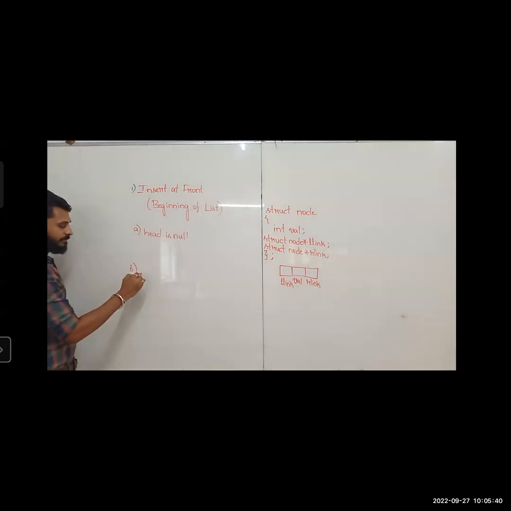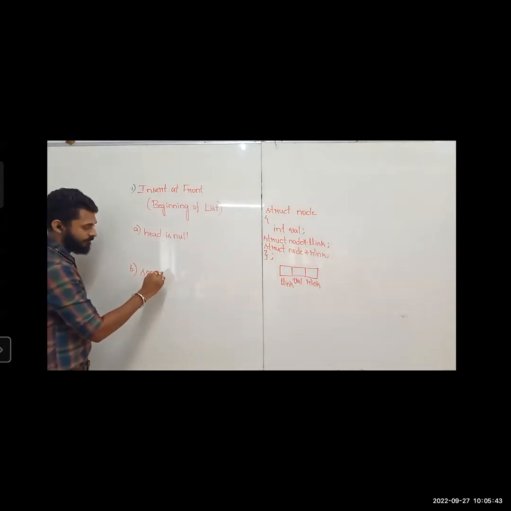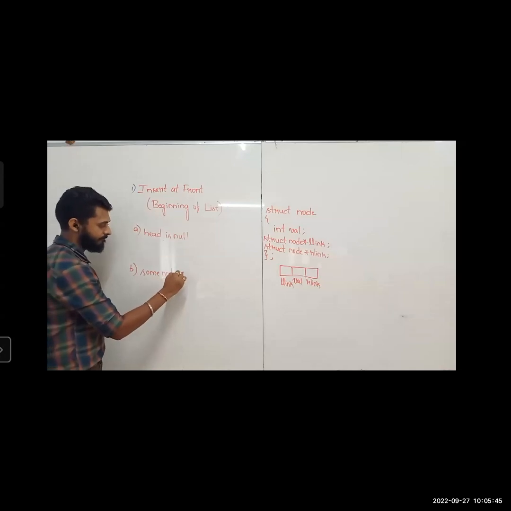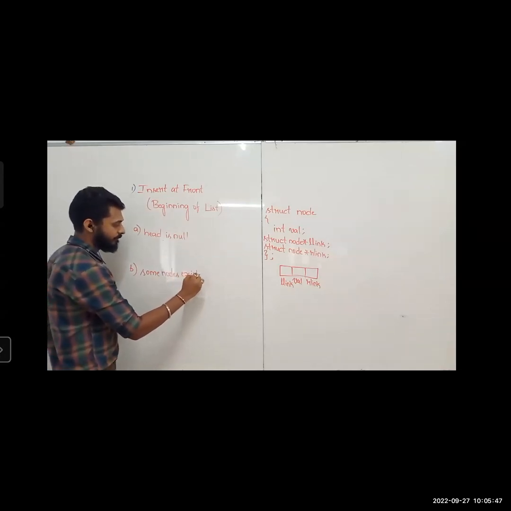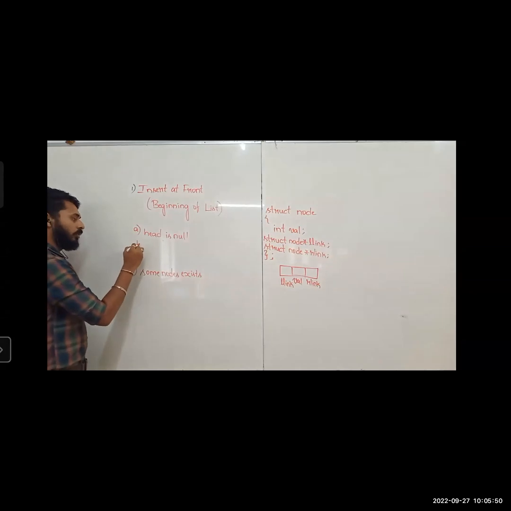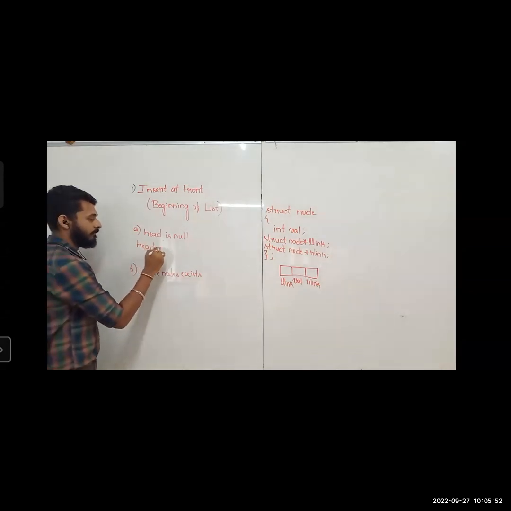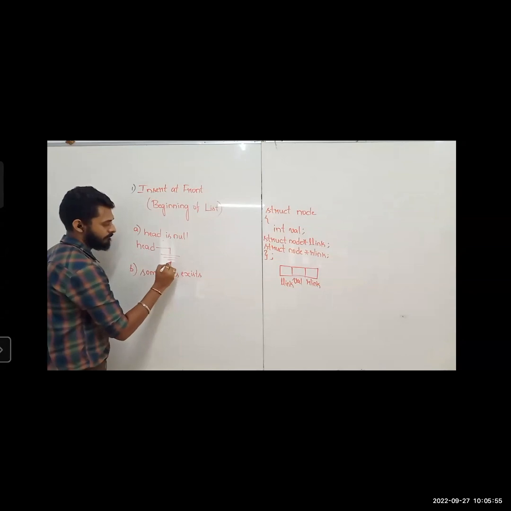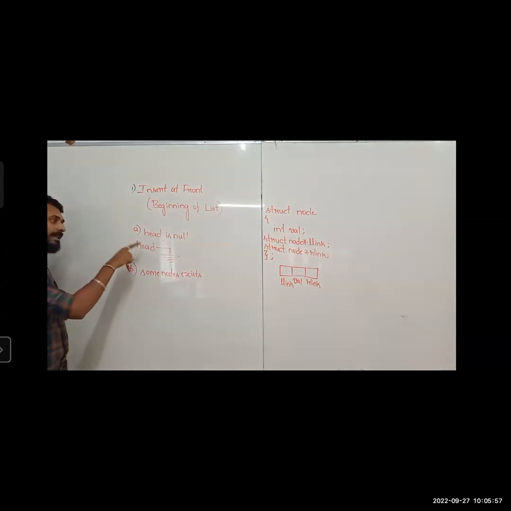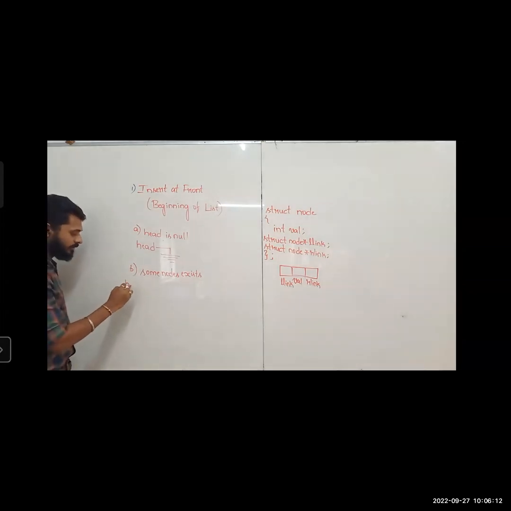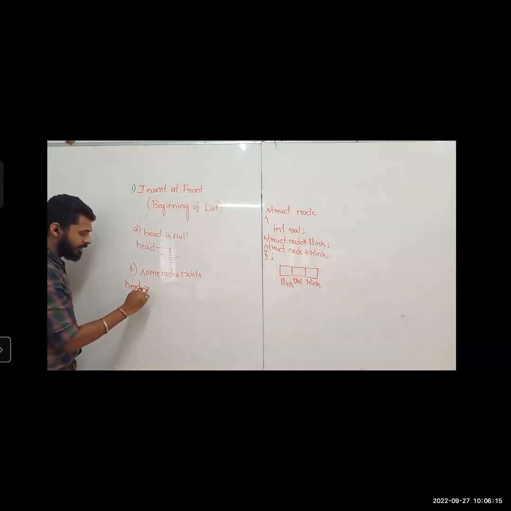In the other case, some nodes exist. When there are no nodes, where will your head be pointing? In this case, what should I do? When head is not null, or when linked list is not empty, then what should I do? This will be your head. It is pointing to